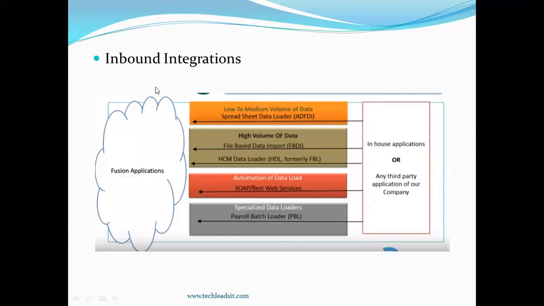Okay, here we have inbound patterns, like from Fusion applications and third-party systems. We are pushing the data into Fusion applications; we have FBDIs, file based data import, and HDLs for SCM data loaders and automation of data loads. We have SOAP and REST web services, which are for automations and schedule based loads. For minimal loading of data from source systems to target systems, we use the ADF DI feature. For high volume, larger data, we use FBDIs. For employee related inbound patterns, we use HDLs.